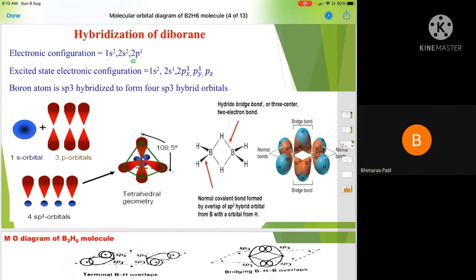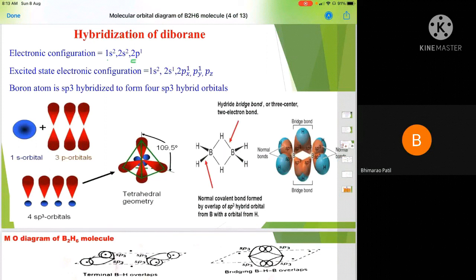Then it is not possible to form diborane, because only one atomic orbital is available to form bonds with the other